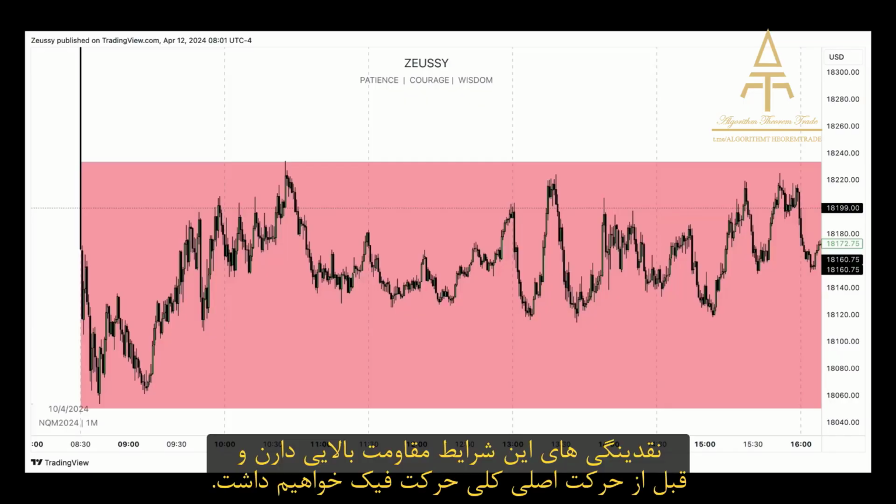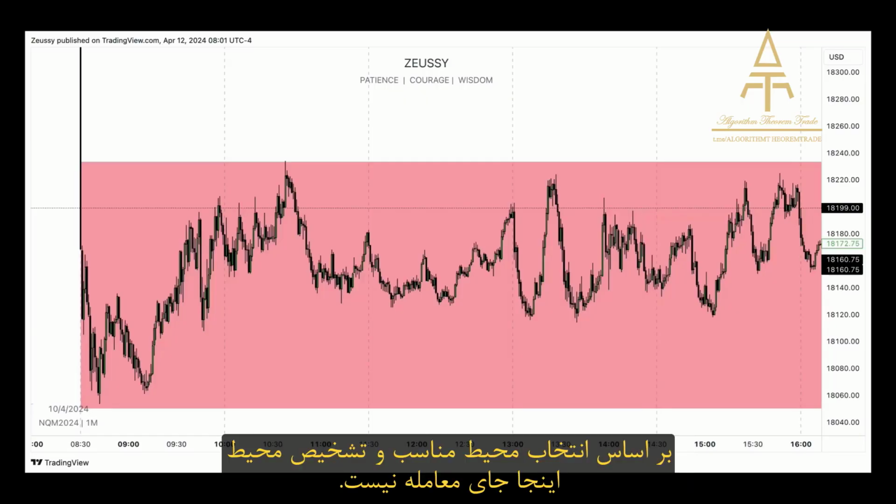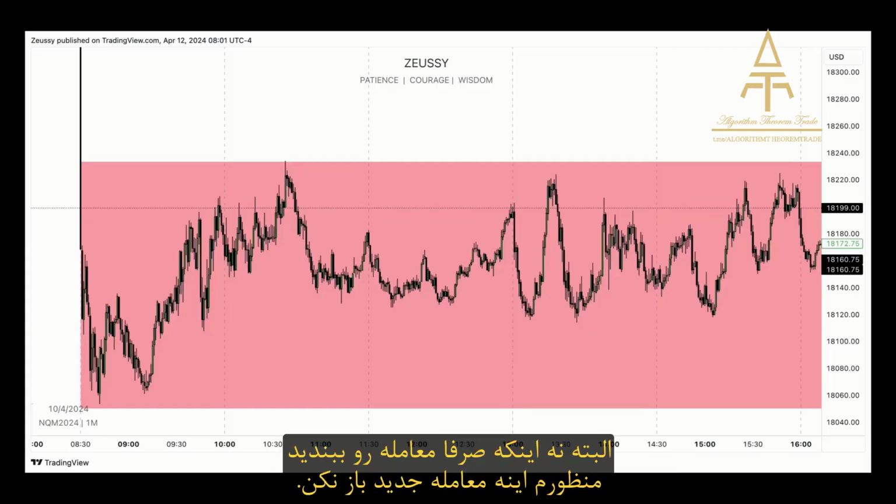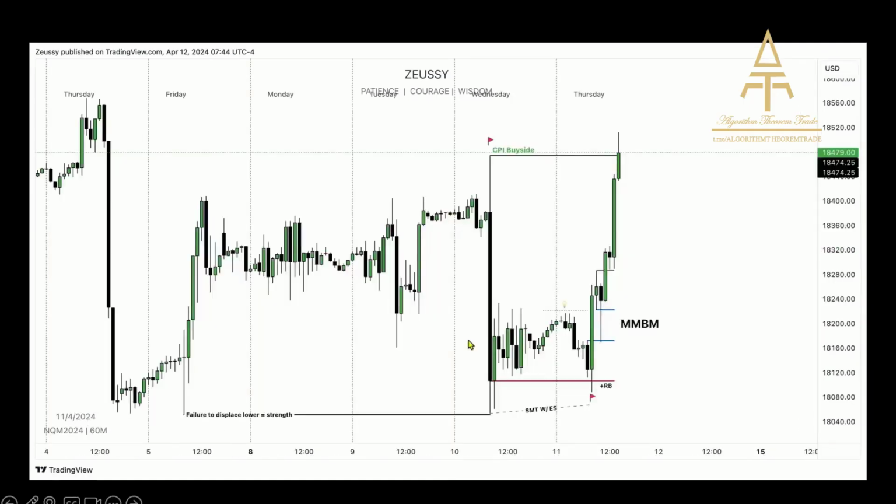This is a high resistance liquidity run environment in which there are a lot of false moves before the market eventually begins to run. Again, environment selection wise, environment recognition wise, everything is screaming, get out. And with get out, I don't necessarily mean a trade. However, I mean get out of the whole session.